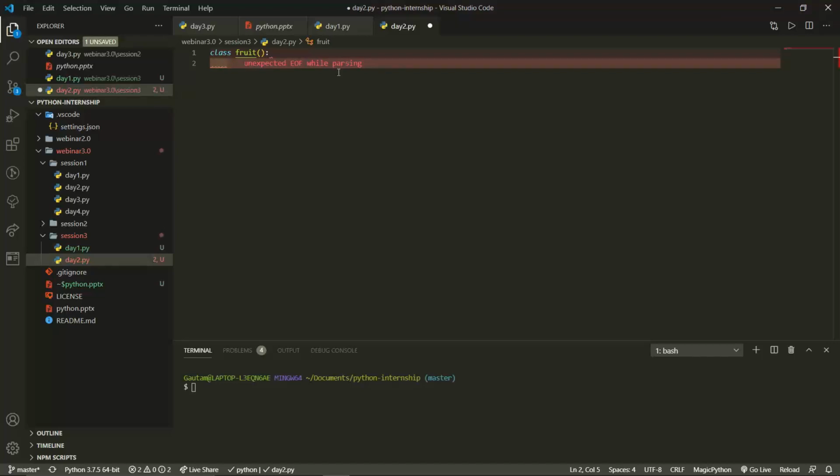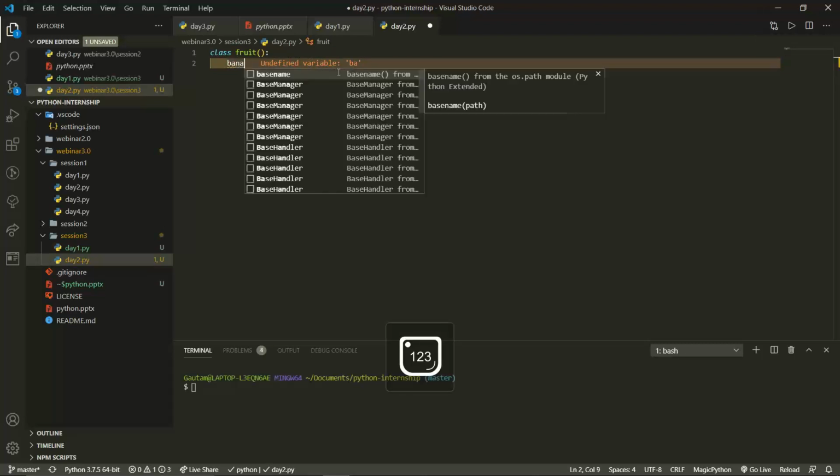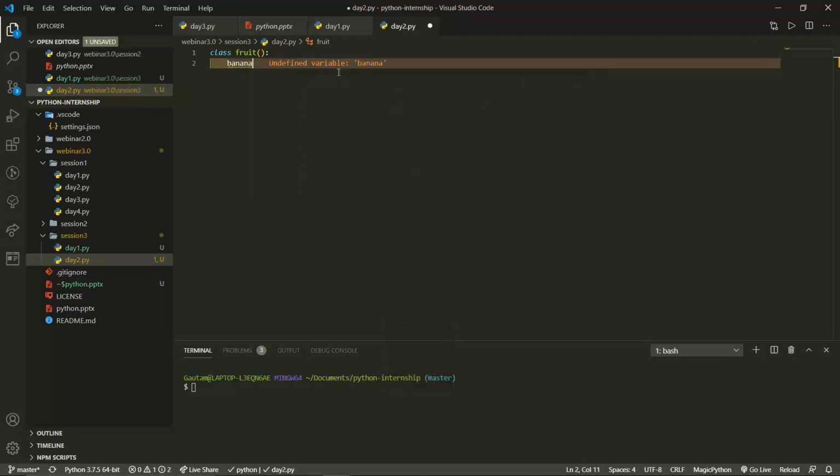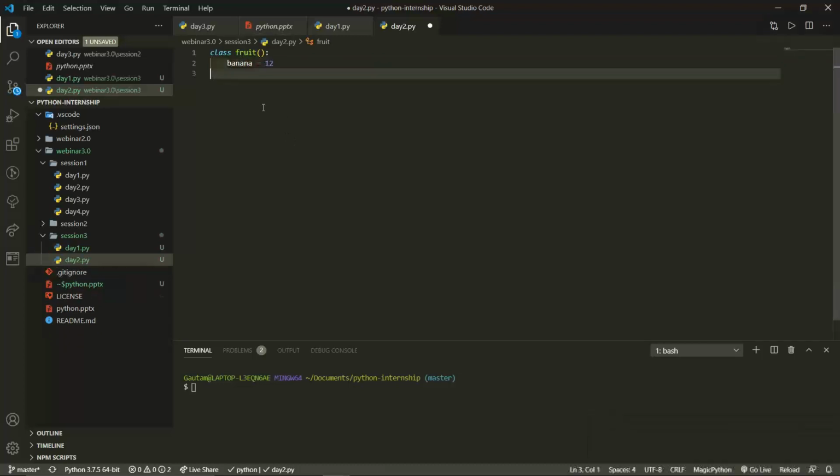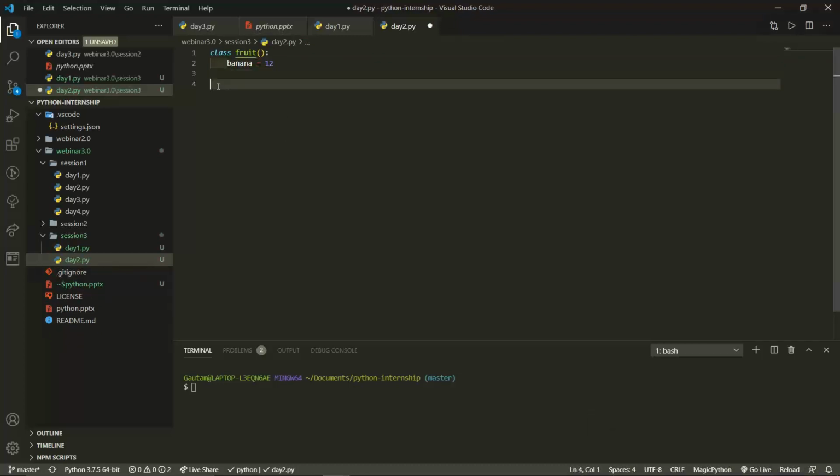For example, I will take an attribute first. Let it be banana equals 12. So there are 12 bananas inside this fruit class. This is what we have defined, and now we have missed apple, for example.